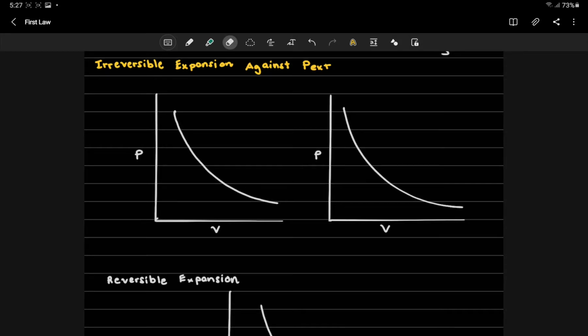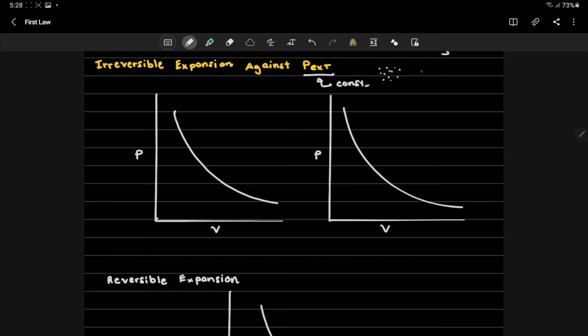Susunod nating i-discuss is yung tinatawag nating irreversible expansion against an external pressure. So, ano ibig sabihin yan? Suppose you have a gas or a collection of gas particles and you want to expand the volume of a gas against a constant external pressure. So, yung external pressure natin dito, sabihin natin constant ito. Constant. So this is your gas,